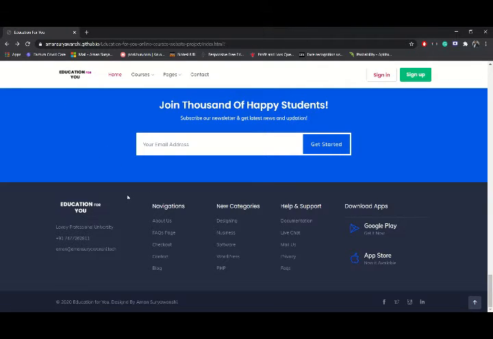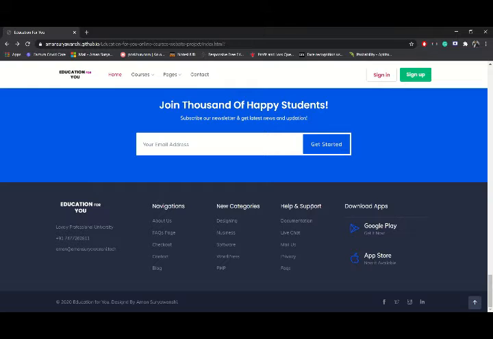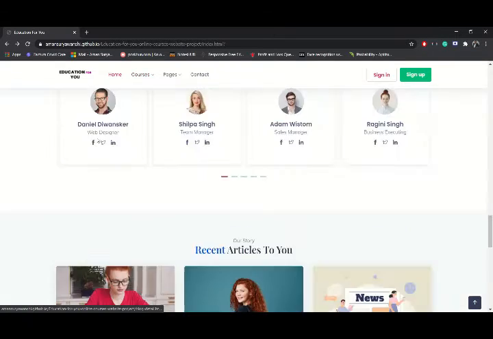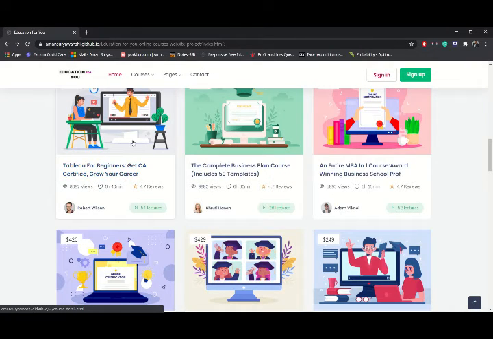Then we have the footer, in which there is a footer navigation also. So you can see these categories: navigation, help, and support. And if we go to any course, for example, if we go here,